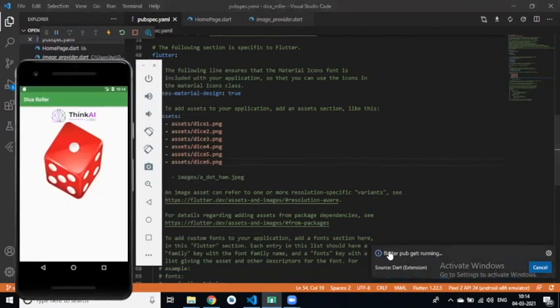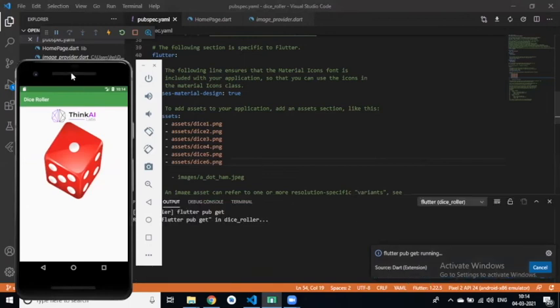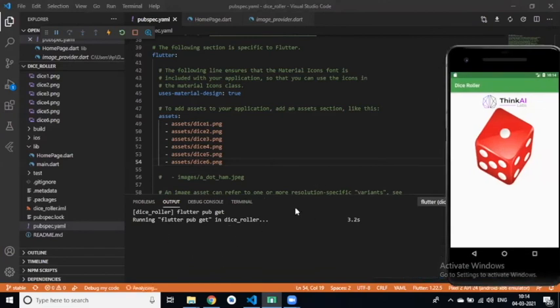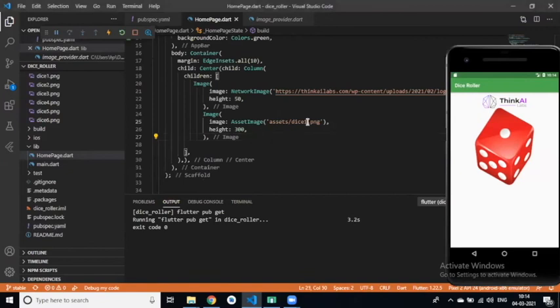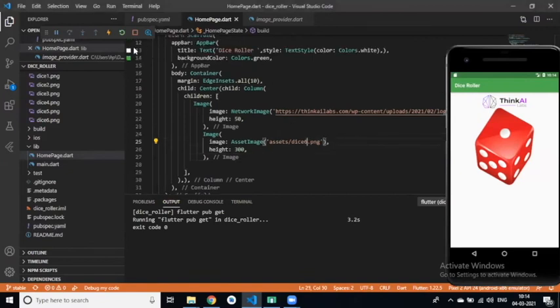You can see flutter pub get running, since the Dart extension is added in VS Code. If you haven't added the Flutter extension in VS Code, then first you have to run flutter pub get. Now we can use all the images like dice6 and all.